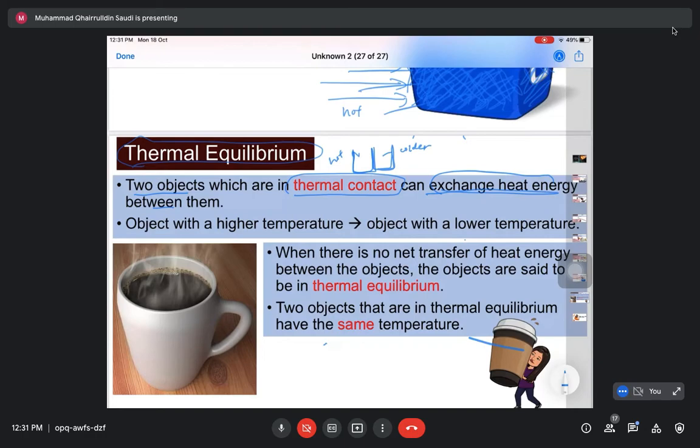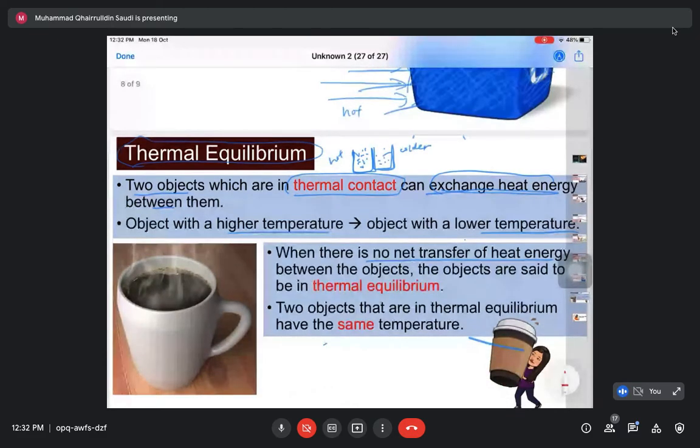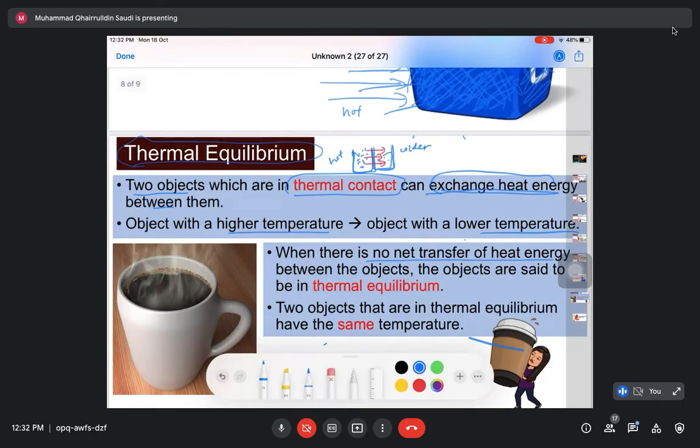Okay. The heat energy will flow from object with higher temperature, hot, to object with a lower temperature, meaning from high heat energy, dia akan pergi ke object that have low heat energy. When there is no net transfer of heat energy, okay, bila mereka dalam contact, hot akan pergi ke cold. Up to one point, okay, bila dia flow,